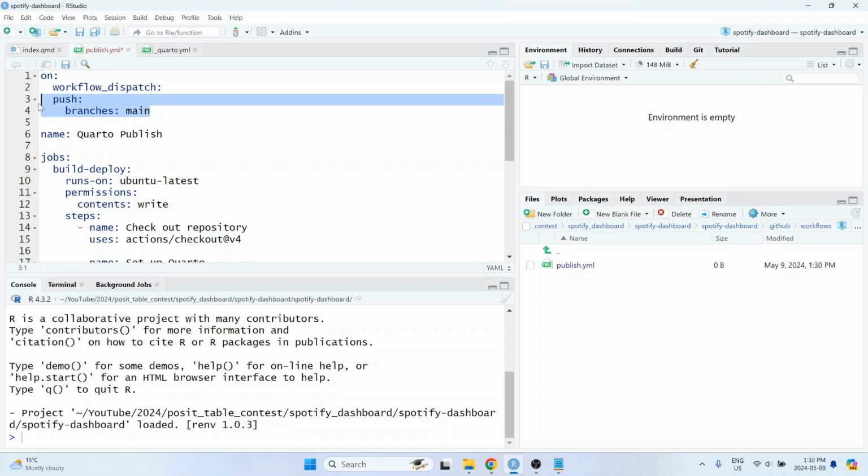And by default, what this is going to do is every single time that you push to this repository, on the main branch, it's going to automatically update the website and the dashboard for you without you needing to render anything locally. If you also want to be able to create a schedule where the website will be automatically updated at a time interval of your choosing, then you can set that up as well